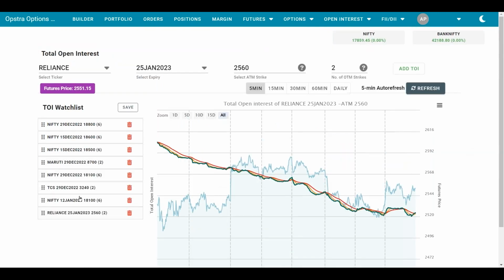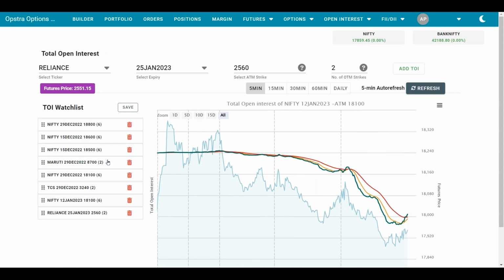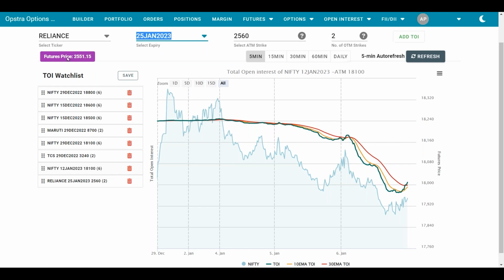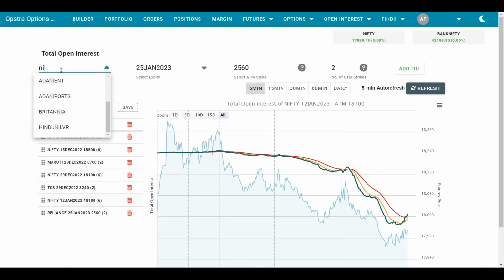So coming back to Nifty, for example, here Nifty, if I select the monthly expiry, these are some strike prices which I have already saved since last few days. Whenever you select something, it gets saved here in this list, and you can access it the next day also. So let's say I select 25th Jan Nifty,